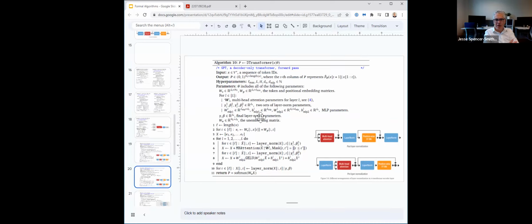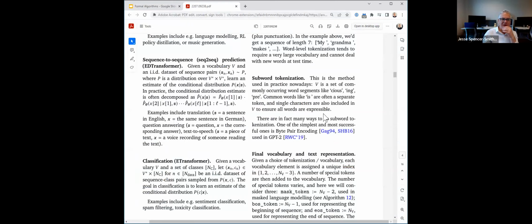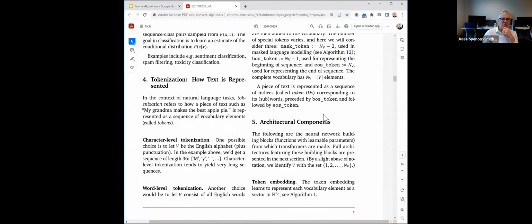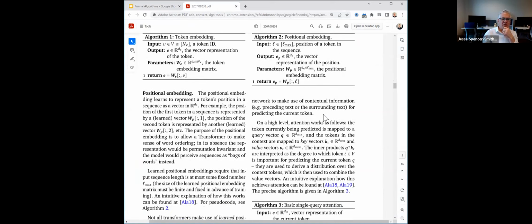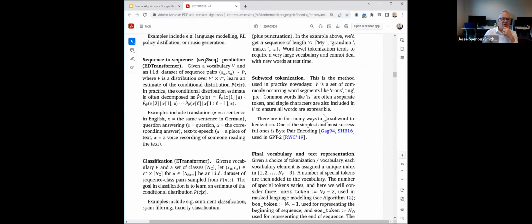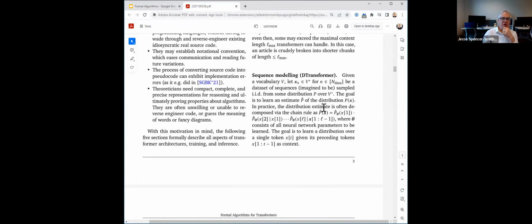Then I'll make another comment. I'm really serious that this part of the paper right here, where we talk about sequence modeling,